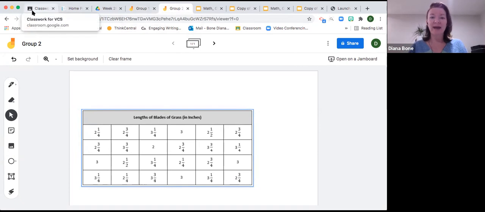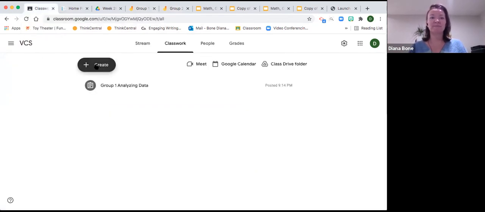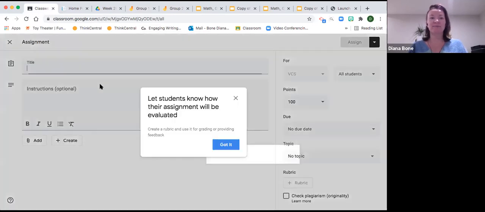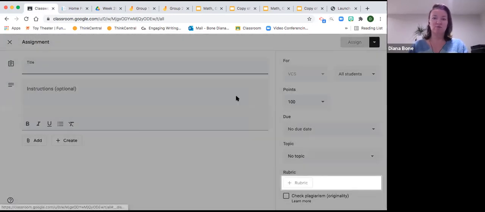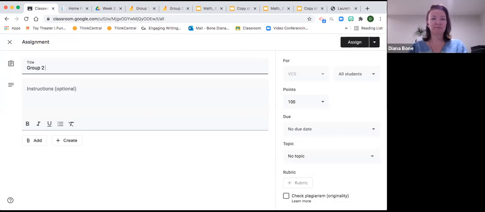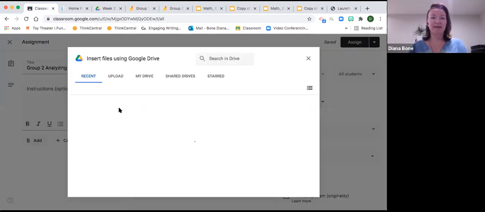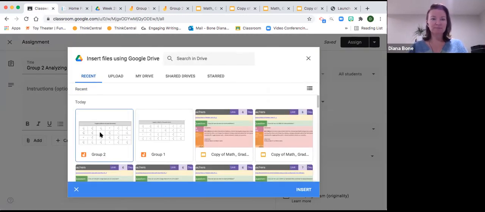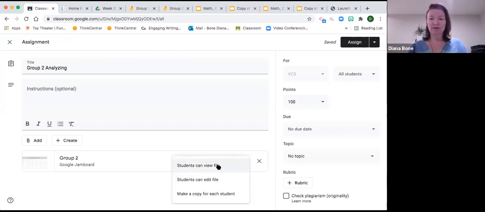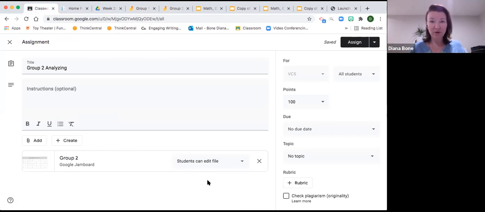And then you would go back to Google Classroom with this Jamboard. You would create another assignment. You would make it group two's Jamboard, analyzing data. And you would go through all the same steps again. Add group two's Jamboard. And then make sure you click students can edit file, and all of the students in that group will be in this Jamboard together, collaborating, working beautifully, learning how to analyze data, create line plots,